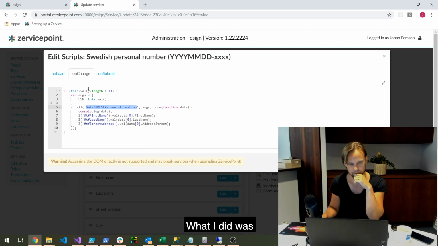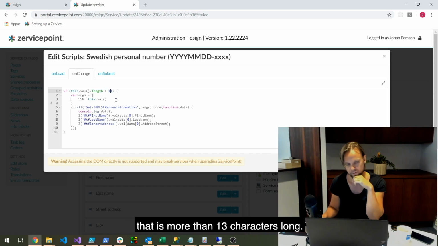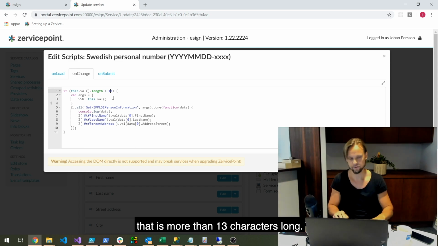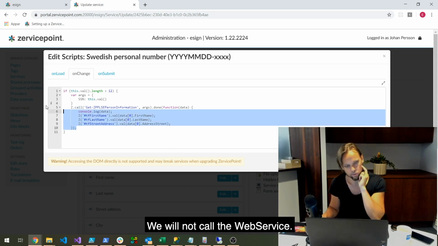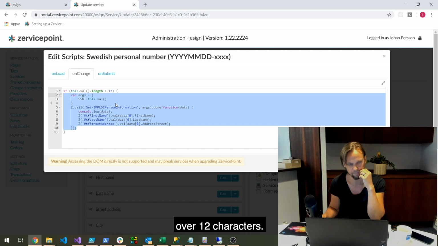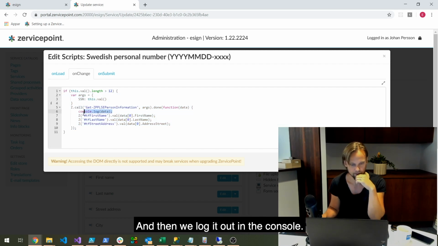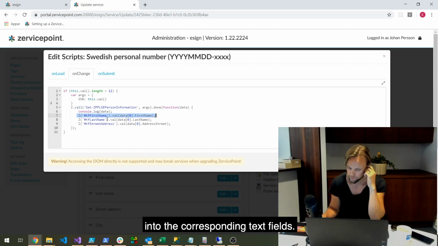So what I've done was, as long as the person has written something that is more than 13 characters long, can put that to 12 actually, we will not call the web service. We will only do that if the length of the string is over 12 characters. And then we log it out in the console, and here we put the values from the response into the